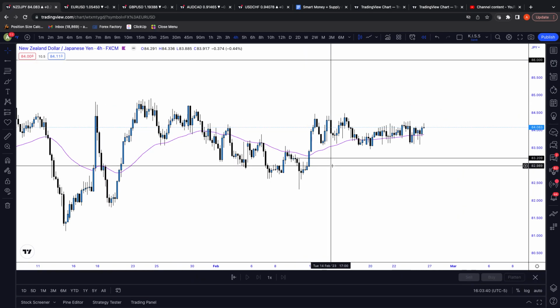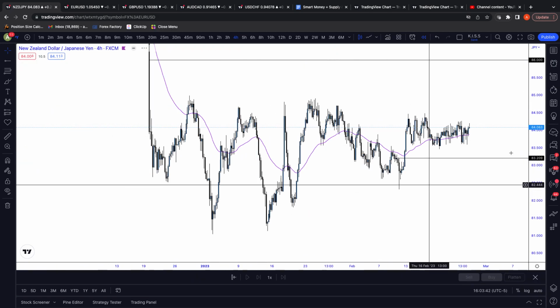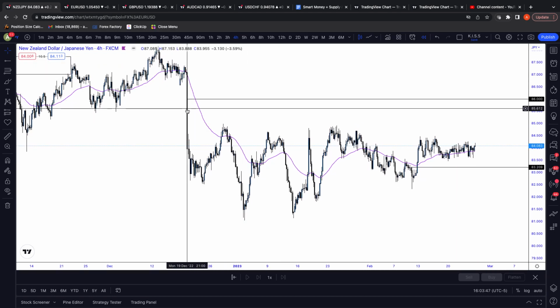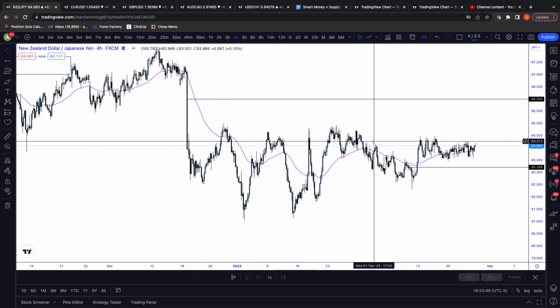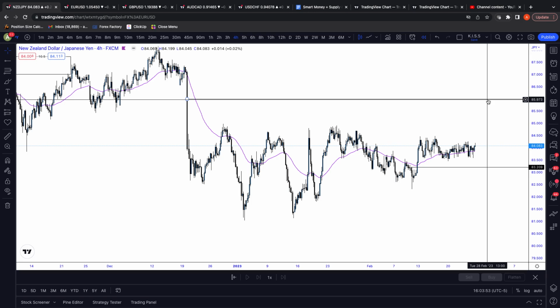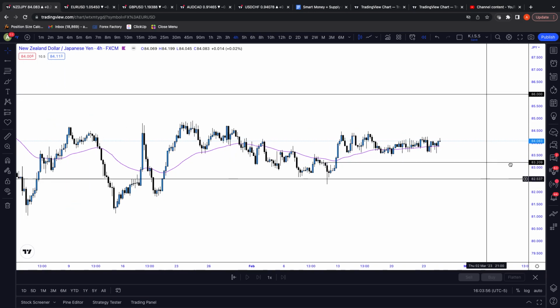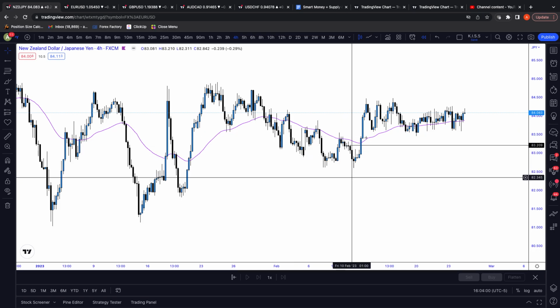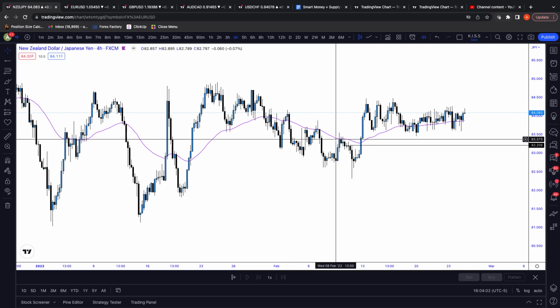NZD JPY is another one, right? I really do think that price can trade up into 86, massive inefficiency here. We're really just kind of consolidating on the higher time frames, but I think we need to at least get back up into premium on this one, right? And so if we think about the counter trend here, lower highs, lower low, lower high, lower low, lower high,